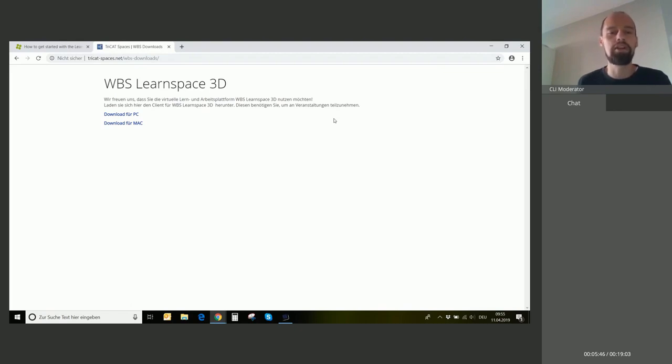But it's quite simple. It's just for downloading the software. And there are two options: download for PC and download for Mac. And you just download the software version which is actually needed for your computer. So I'm working with a PC, so I would click here, and then a download window opens, and you just